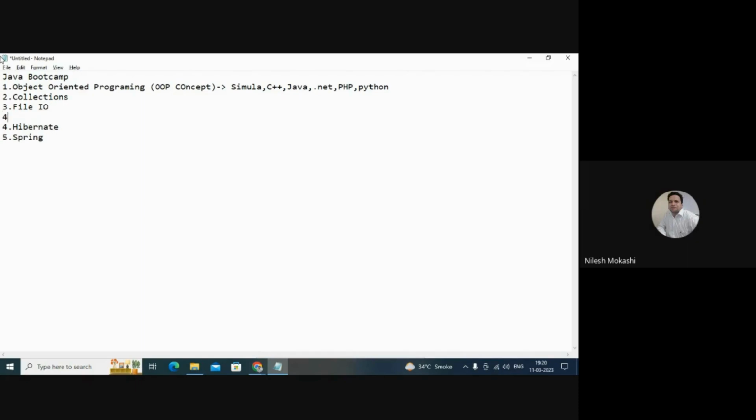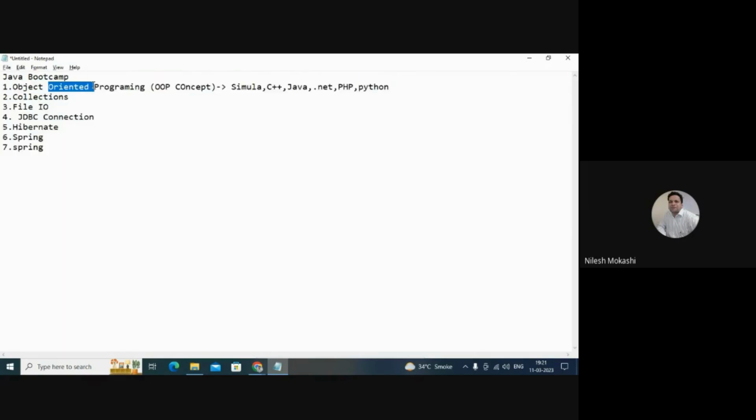With JDBC we are going to see the connection between Java and the database, so we will see those fundamentals. This is fifth, and Spring is sixth. On the 7th day, again there will be Spring, because Spring is somewhat vast. I require at least 2 sessions to explain Spring neatly. That is what I'm going to cover in this Java bootcamp.